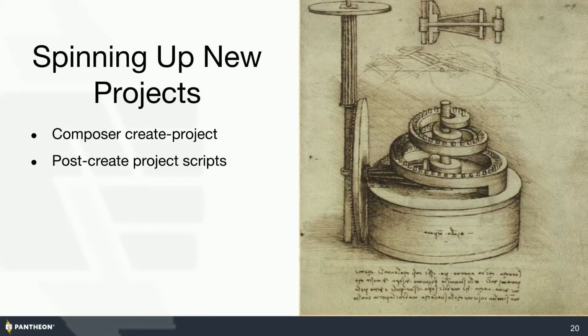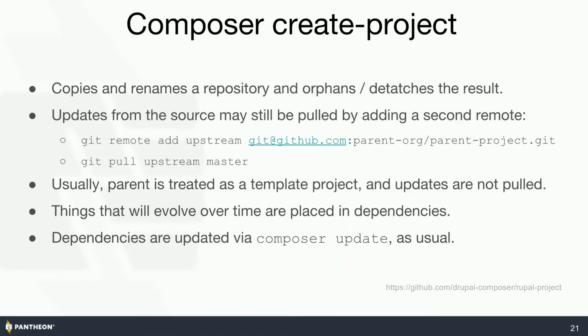Spinning up new projects is something that's really easy to do with Composer. If you've started to use Composer for managing your Drupal sites or other projects, there is a command called create-project, and it also has the capability for you to add things onto it with some post-create scripts. So Composer create-project will take an existing template project you have and make another copy of it, and it renames everything and sets it all up so you have a brand new project that's now orphaned from the one